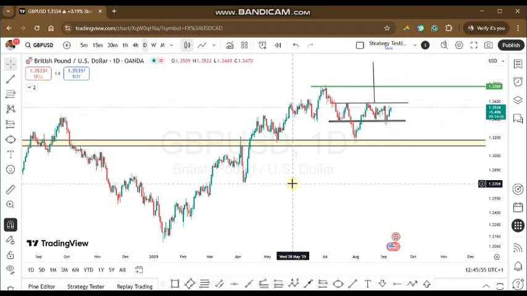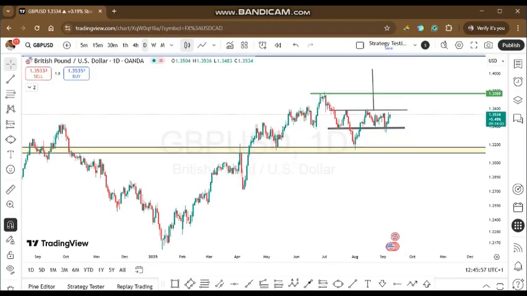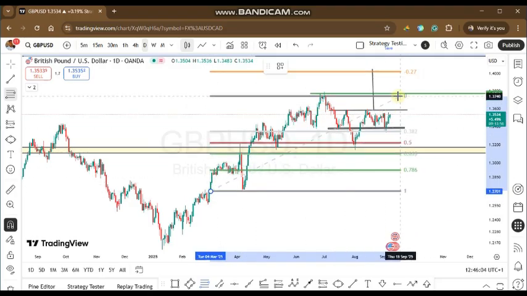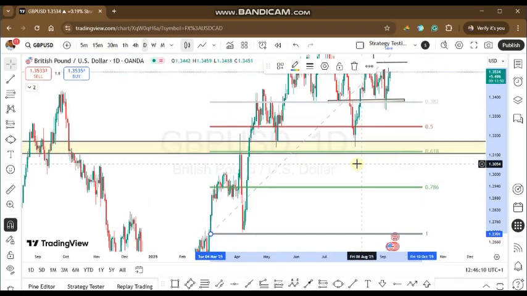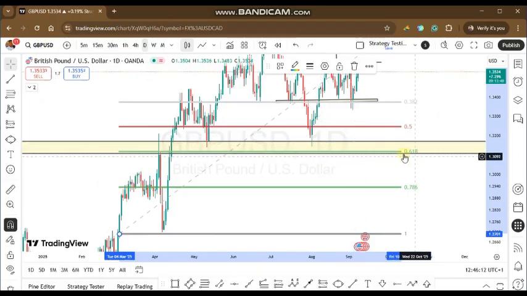So now the second thing I want to share with you is, let me use Fibonacci for you. If I put Fibonacci from this low here, this was the last low, to this high, this is the last high, then I drag it forward. You can see that price retraced inside of 61.8 and 50% retracement. And if you have been watching my YouTube channel, you know that I used to talk about this level very well. Especially Fibonacci 50 and 61.8, either in between or touching this one or this one, they work